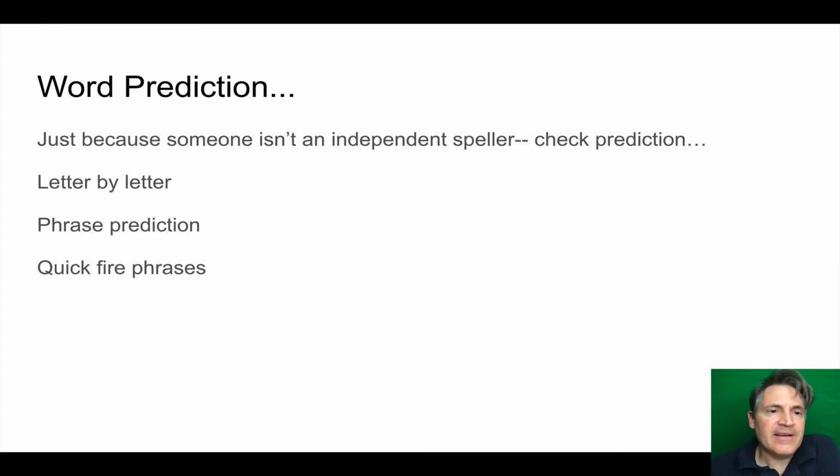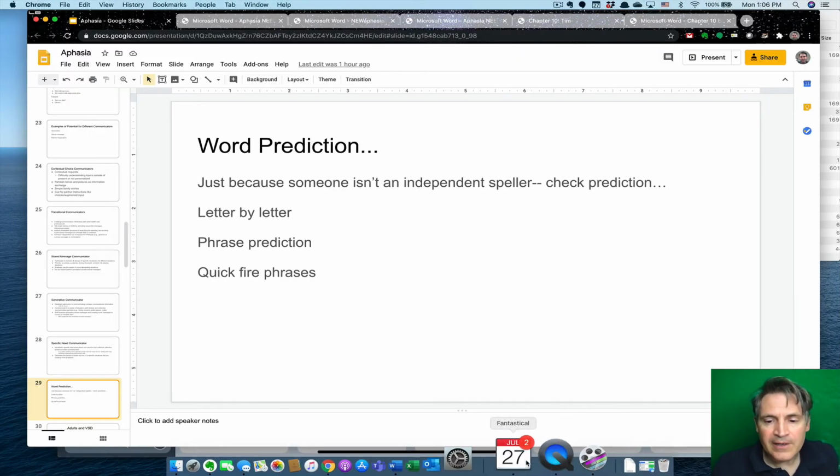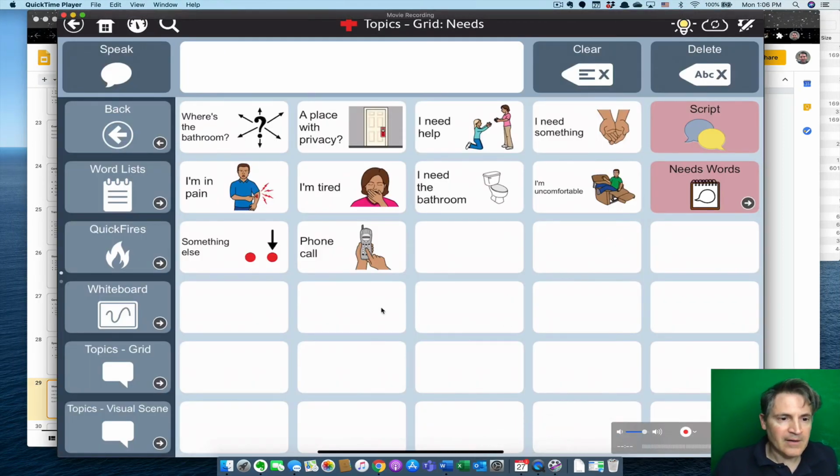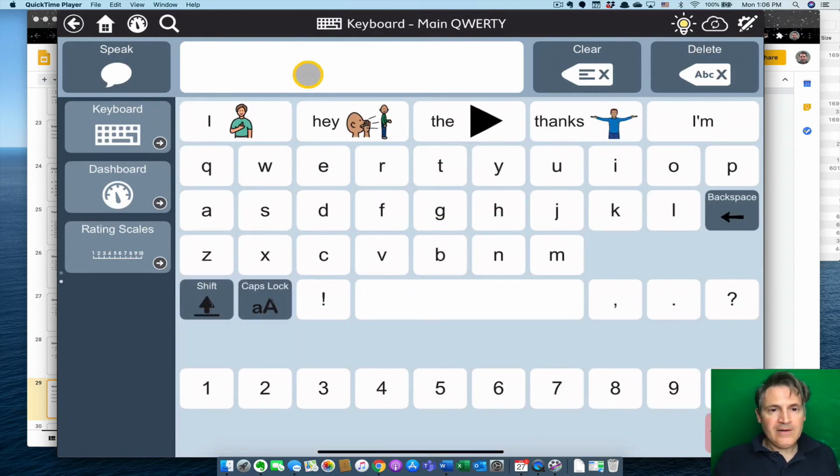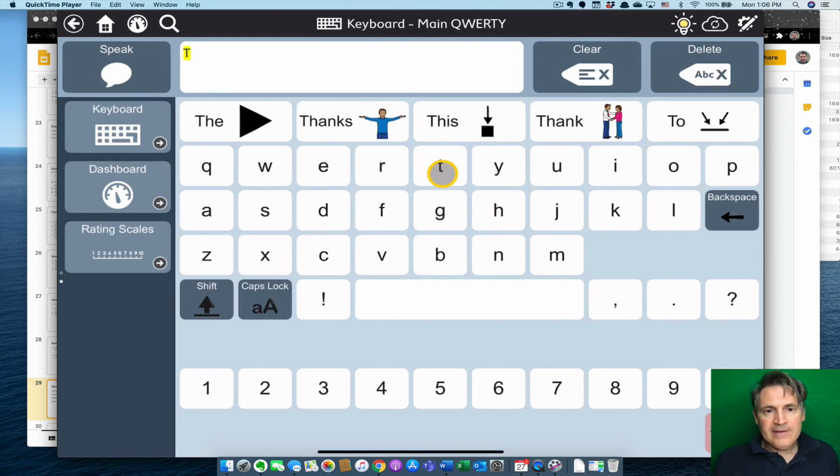Word prediction is really important to think about for people who are literate. And just because someone isn't an independent speller, remember that prediction may be something they can get. If they've got decent first letter spelling abilities, maybe they'll be able to use that. So we can go into our keyboard here on the Aphasia Page Set, because we've actually got a nice keyboard that we can use. And notice that as I type,